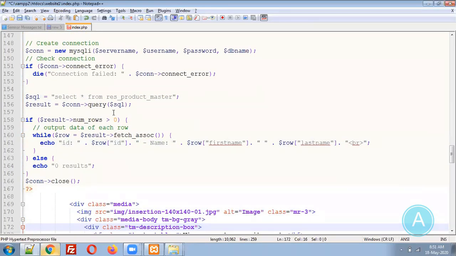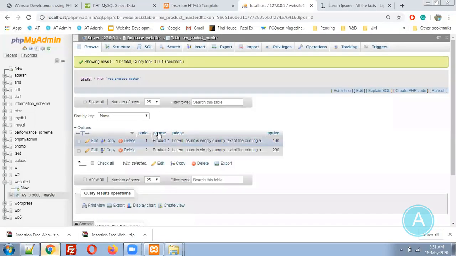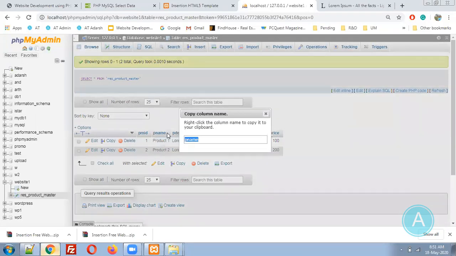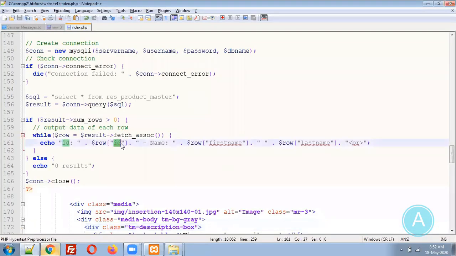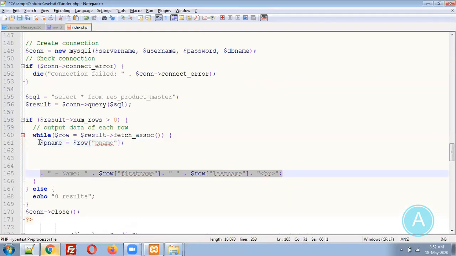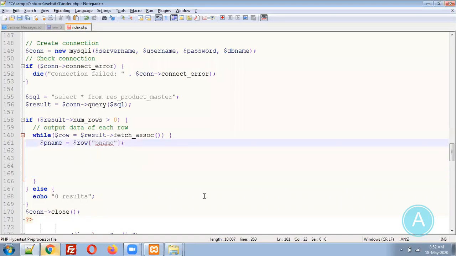Now inside that particular select query, how many parameters are we supposed to fetch? Product name, product description, and product price. So let me double click on product name and copy this particular product name. This is the way to copy it. I am removing this code, product name. By using this way, you can fetch the product name. Let me remove this line, I don't want this one. I am pressing Ctrl D for duplicate line.